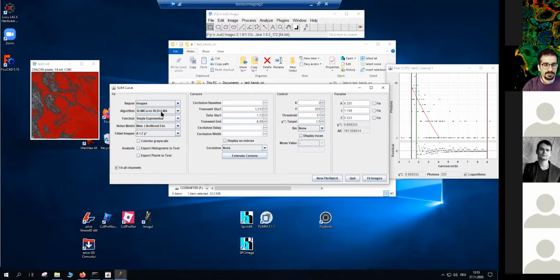And then we have the LMA, which is the iterative fitting algorithm that we use to find the best fit, pixel-wise, image-wise, or ROI-wise. And then for the function, we can choose between single, double, mono exponential, double exponential, triple exponential, or stretch exponential, which I have never used, and I guess that corresponds to